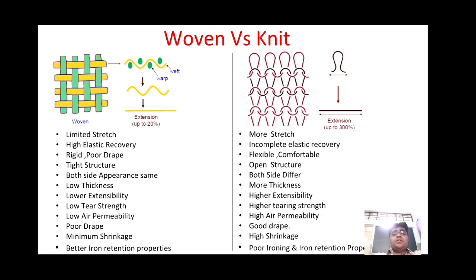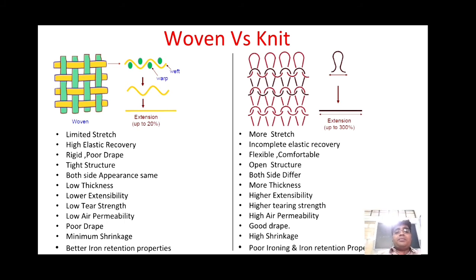Now coming to another topic, let us discuss the major differences between woven and knitted fabrics. In this particular slide, some measures are differentiated. On the left side are the woven fabric details, and on the right side are the knitted fabric details. In both partitions, a woven fabric structure is at one place and a knitted fabric structure at the other, and we will differentiate between them one by one.